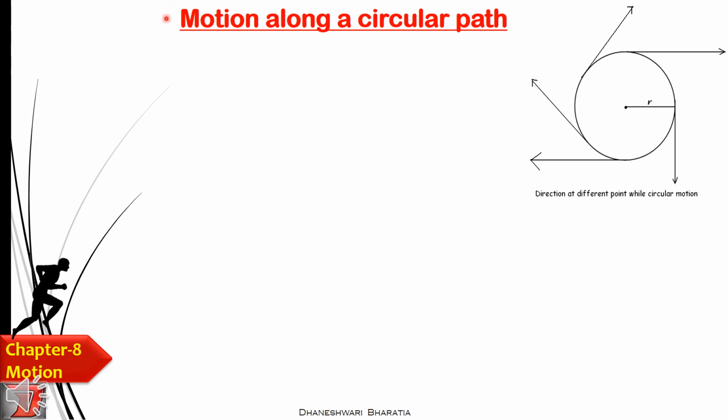Now let's talk about the last topic of the chapter, motion along a circular path. अगर आपको ये सर्कुलर ट्रैक दिया है मैंने, एंड इफ़ आई विल टेल यू कि आपको यहाँ पे ही साइकिलिंग करना है, आपको यही ट्रैक पे साइकिलिंग करना है, सो व्हाट विल हैपन? इफ़ यू विल स्टार्ट फ्रॉम दिस पॉइंट, आप ऐसे पूरा गोल घूम के आओगे यहाँ पे, you will end here. Your journey will end here from where you have started, because it is a circular motion, isn't it?